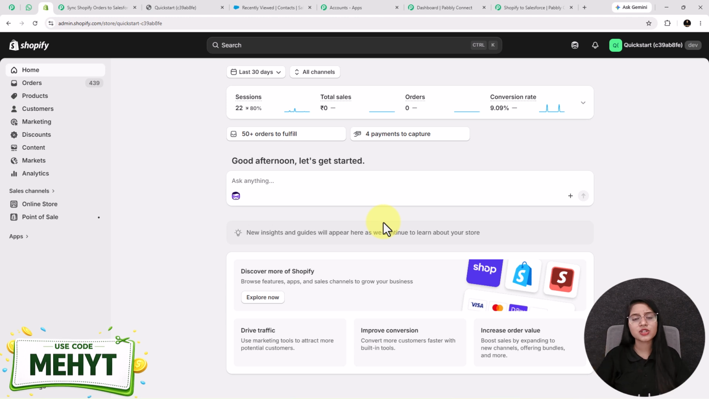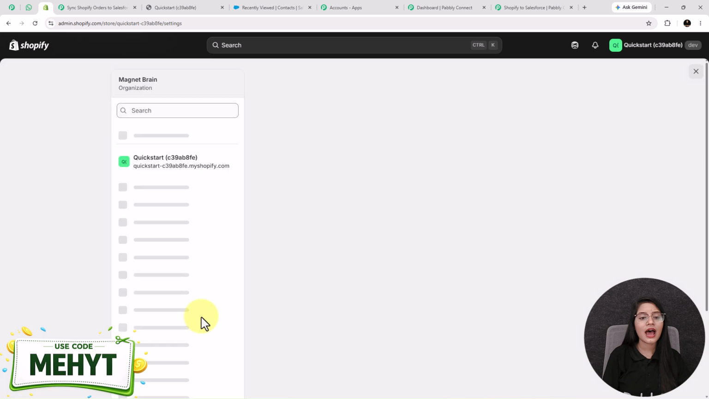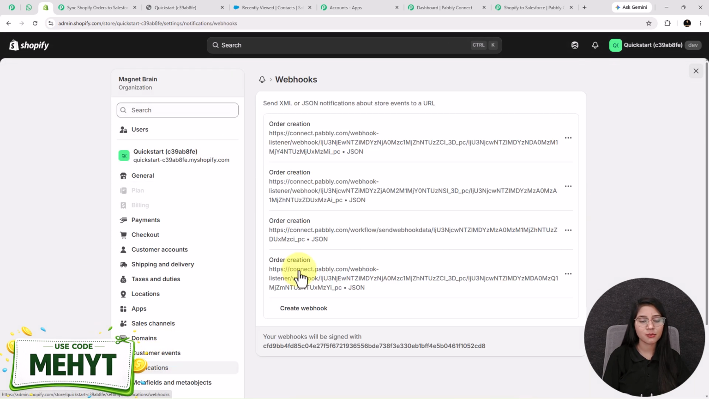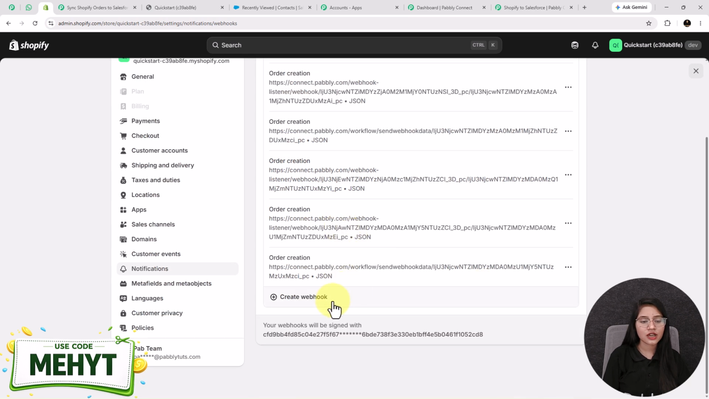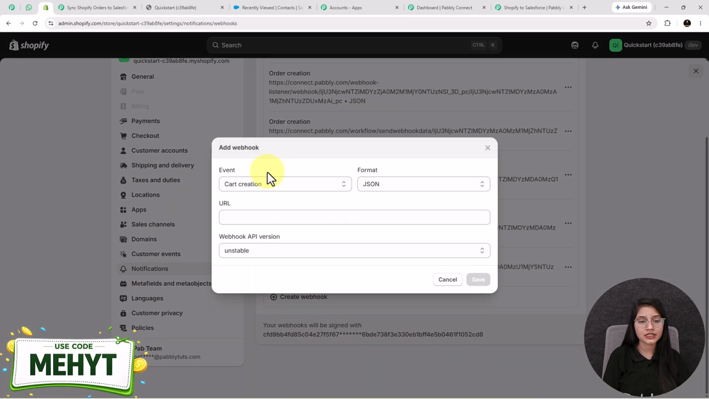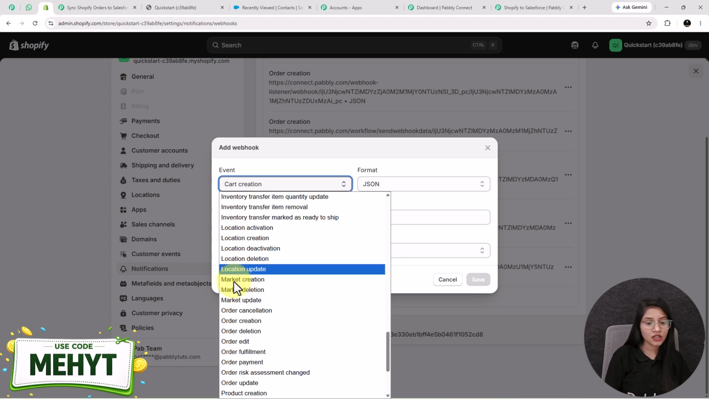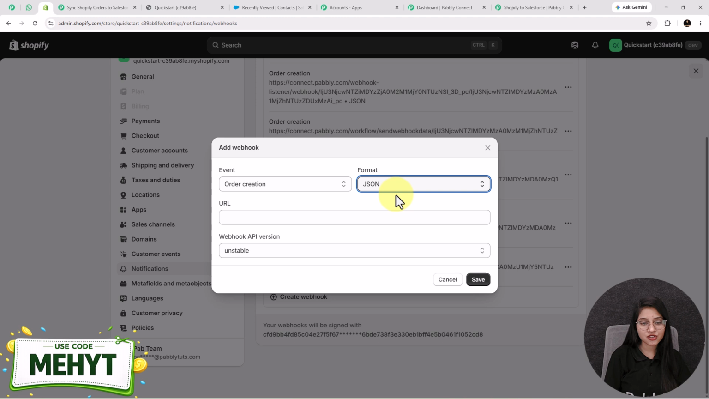Now for making a connection between Pabbly Connect and Shopify, you just have to click on the settings option and click on this notifications option. After that, you have to click on this webhooks option. Here you just have to scroll down and click on this plus create webhook button. After that, select the event from here as order creation, and next the format I'm selecting is JSON, and paste